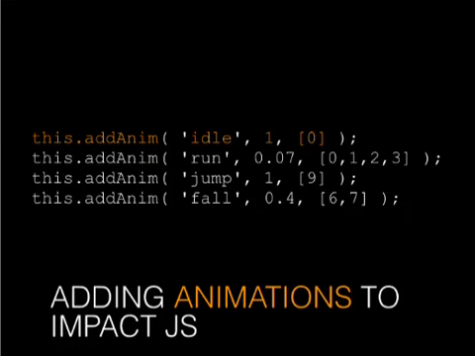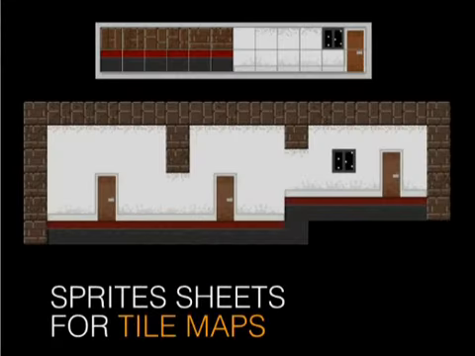The other part of using sprites is for maps, and we call these tile maps and tile sheets. It's the same concept where you define the size of each sprite, and then you can paint them down. So here's a sample of the sprites that make up one of the levels in my game, and how I was able to use the map editor to lay it all out.